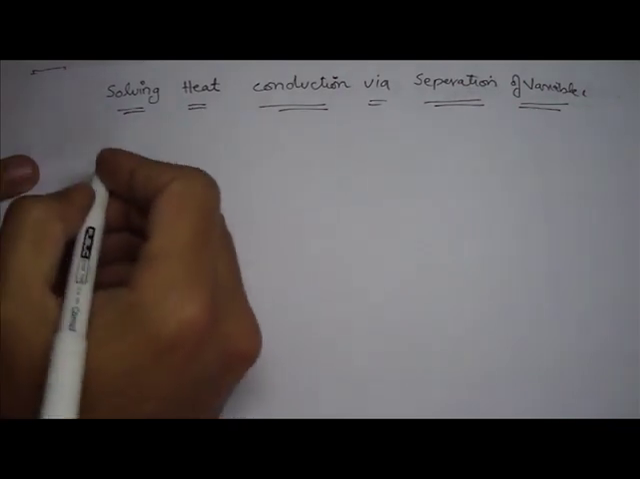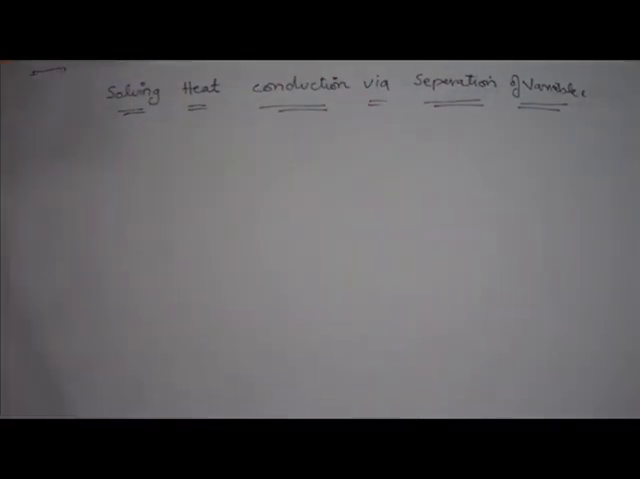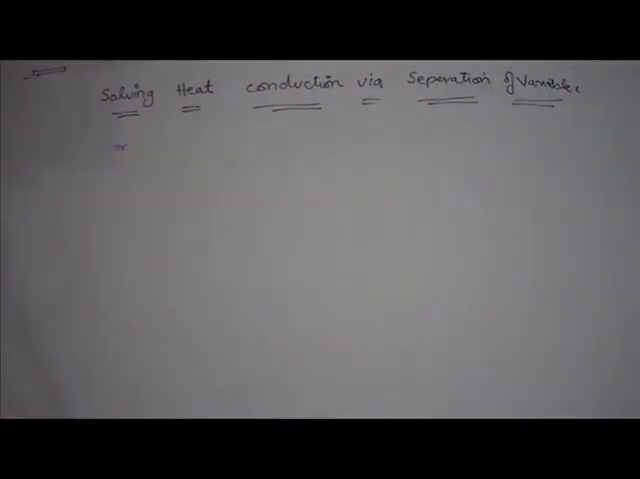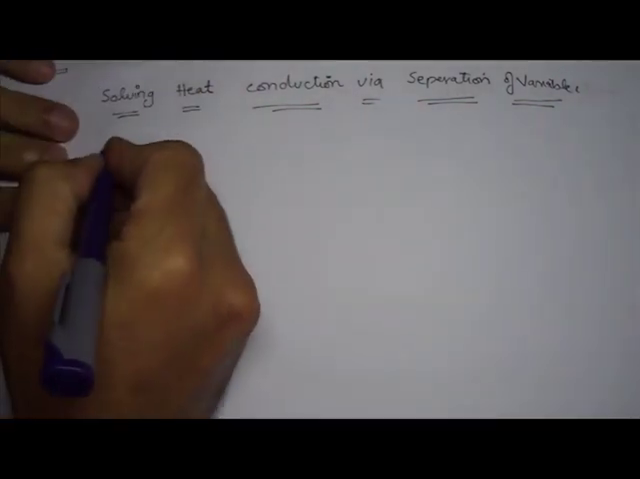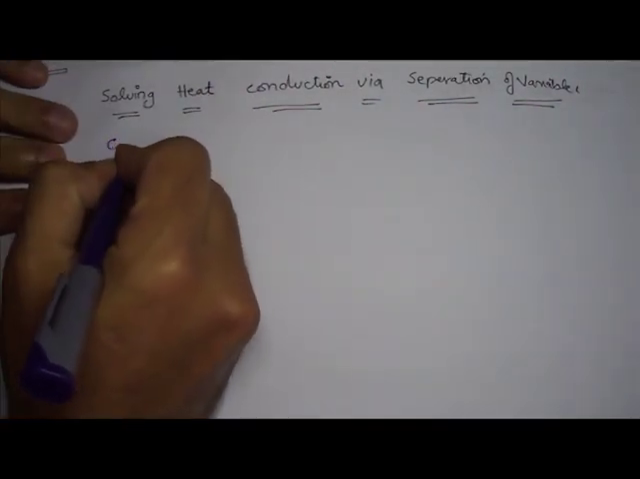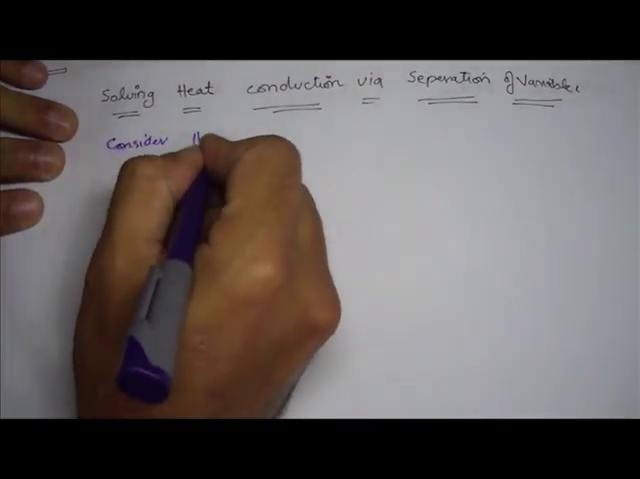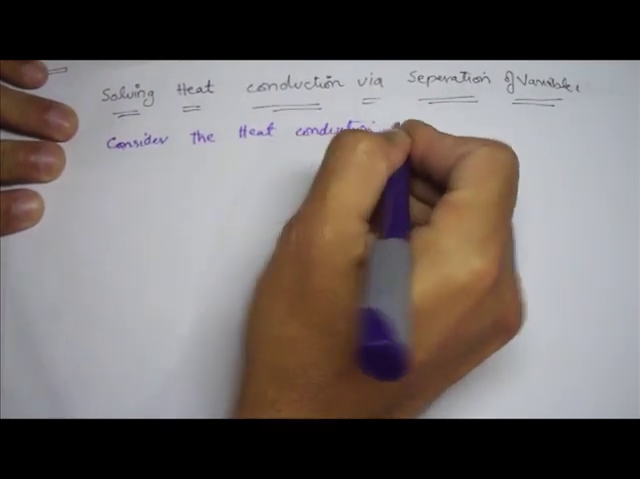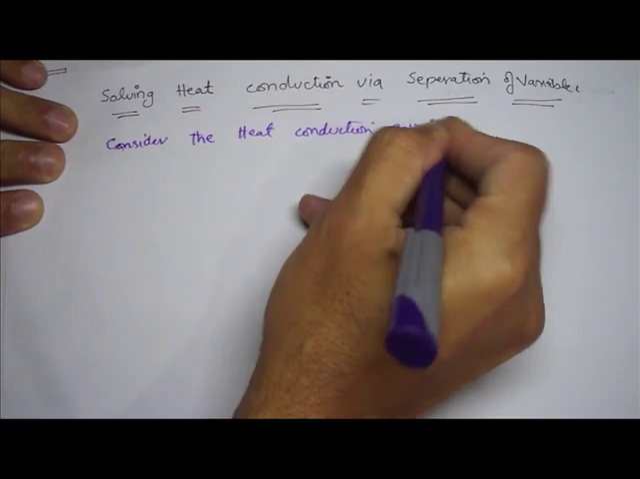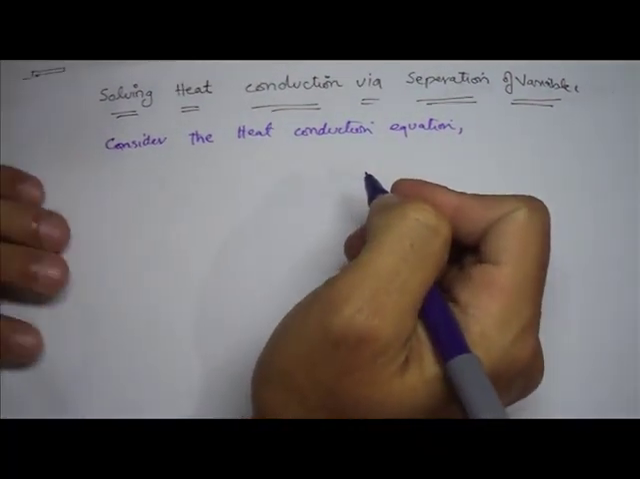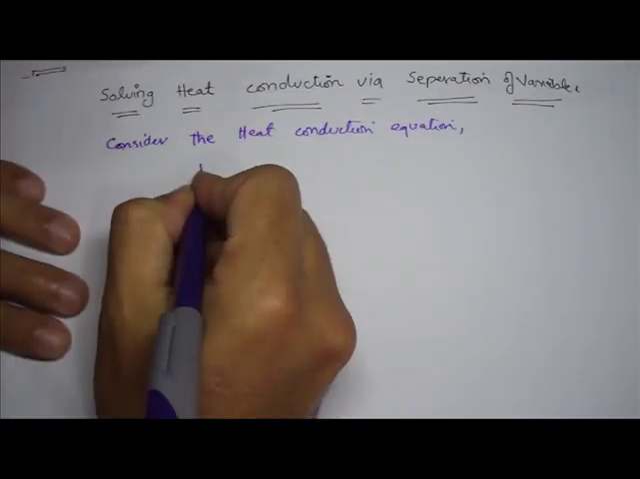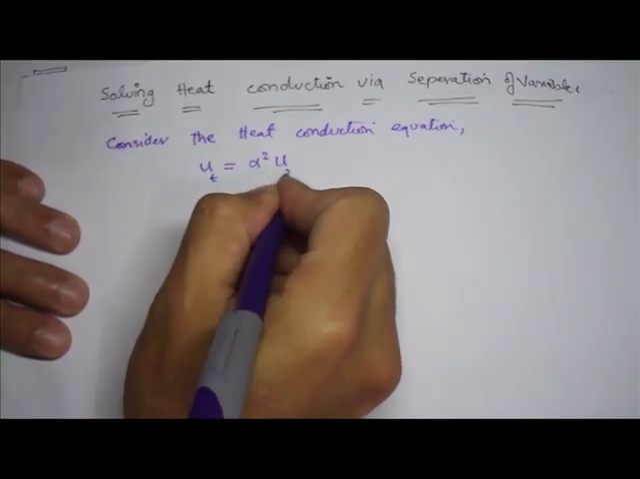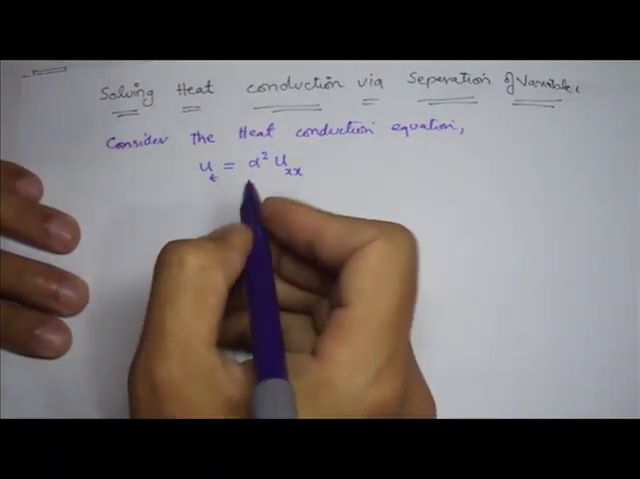Consider the heat conduction equation. As we have derived it in our previous lecture, a typical heat conduction equation can be written in terms of a partial differential equation as u_t is equal to alpha squared u_xx. And together with this